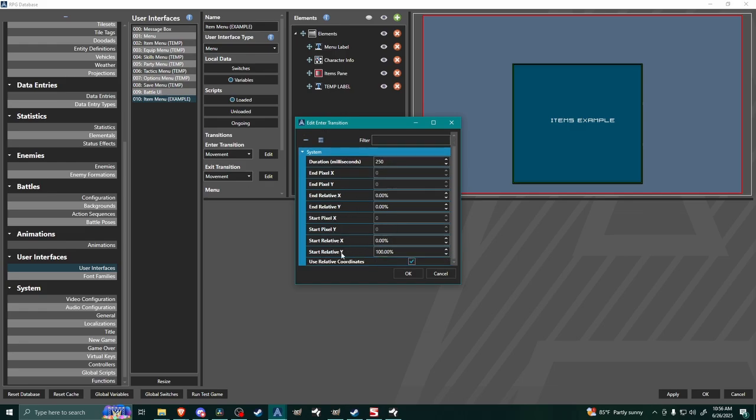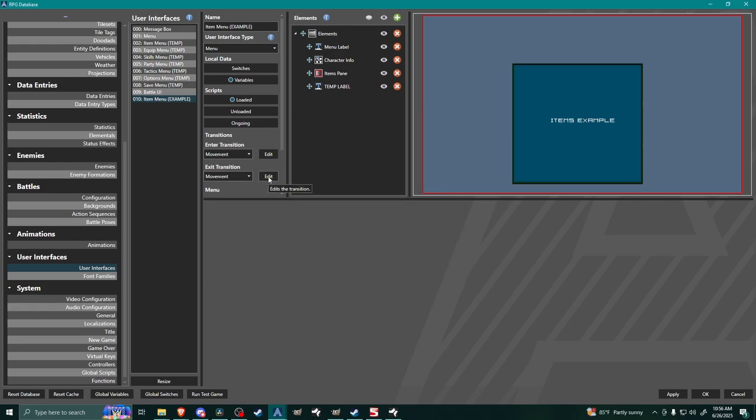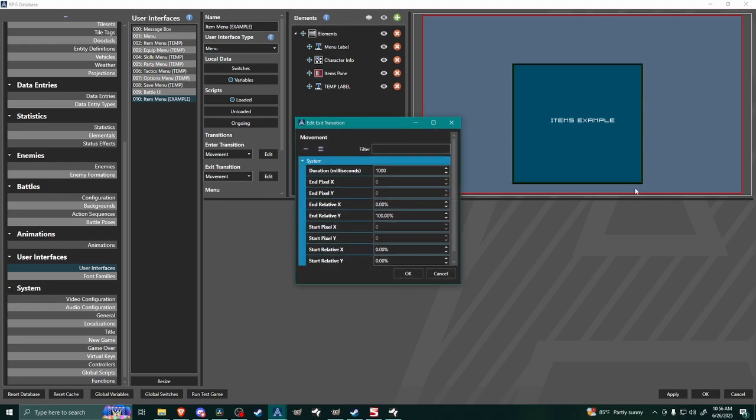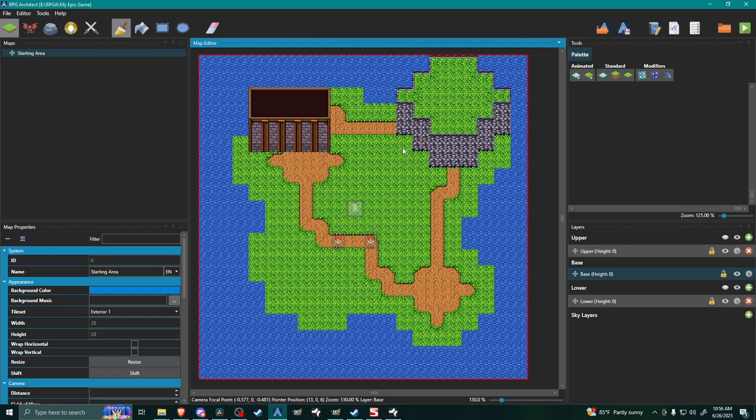I want it to be 100% off screen, so the window would be down here essentially, and then on exiting, the window is going to be up here, so I need it to return back down. So it's going to be like this little pane moves up when you enter and down when you exit. And actually let me set my speed the same as the enter transition, but this is what that will look